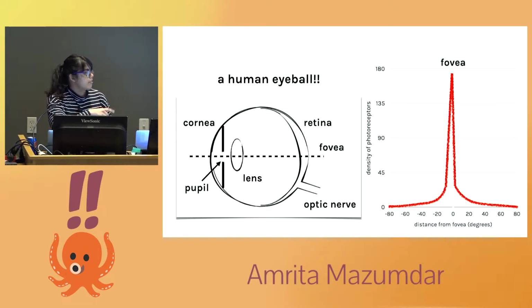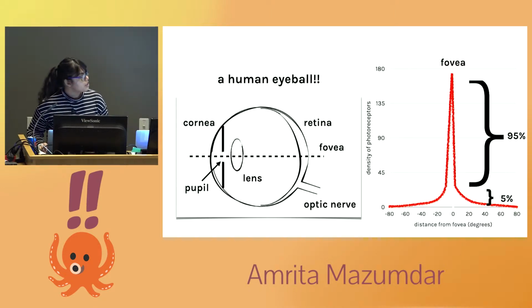So here's a graph that everyone seems to agree with. On the x-axis, you have the distance from that center foveal region, and so it's going up and down. That's why the numbers are negative and positive. And then on the y-axis, we have the number of photoreceptors, some density per square millimeter. It's not important, but what you can see is that in the foveal region, you have a lot more photoreceptors, and then it falls off really rapidly. So in the center, most of your photoreceptors are perceiving things really densely, but it falls off very fast.